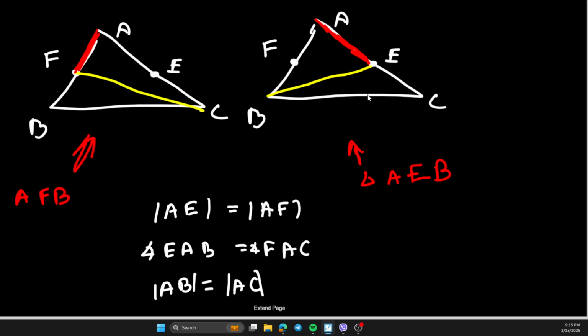EAB equals FAC. So these angles are the same angle. And you also know that AB equals AC. Okay, AC, AB. So these are also equal with each other, right? Yeah. Now,